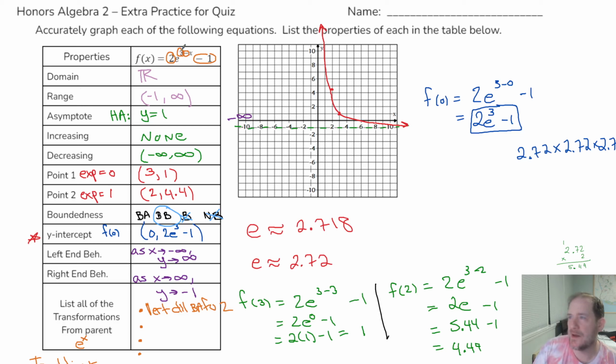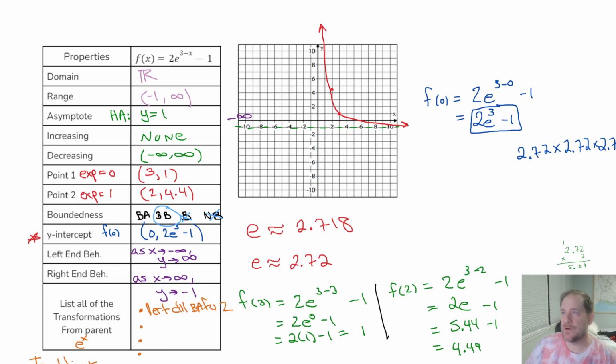And then the 3 can be a little tricky if you don't rewrite the function. So I would recommend that maybe you rewrite this. And I'm going to make a little room up here. So if we take our exponent and rewrite it as -x plus 3, then that's a good start. My base would still be e, my coefficient would still be 2, and I'd still be subtracting 1. But actually, even in this form, we're not quite done. We would want to factor the negative out. So it would actually change this to a minus, and we would have 2e to the negative x minus 3